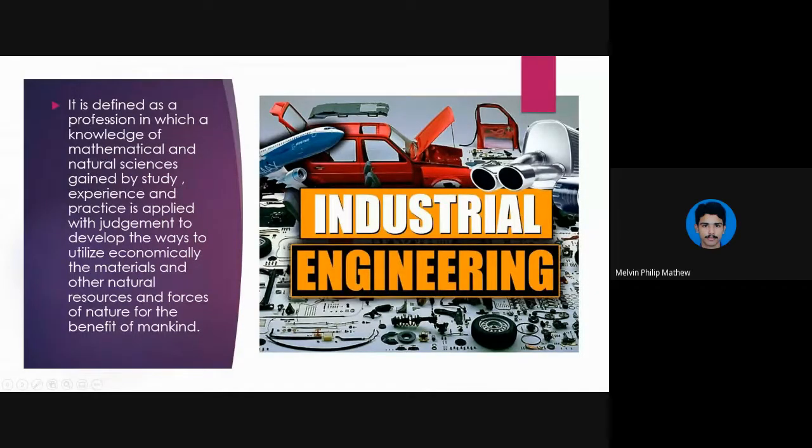So what it says is that it's a profession in which the knowledge of mathematical and natural sciences is applied. Earlier we were using raw calculations by means of the eye and even thumb length and all. Such a profession was used before, and then due to the learning of mathematics and the sciences that we have seen in today's world, and which we are learning nowadays, we apply that into the design of